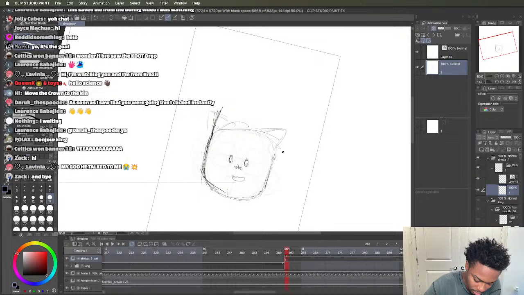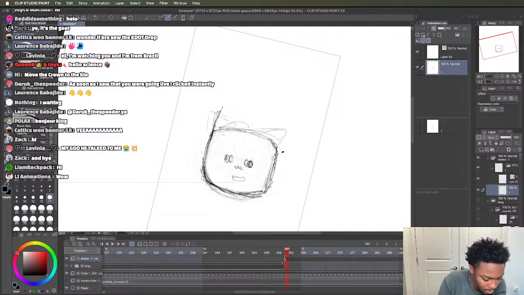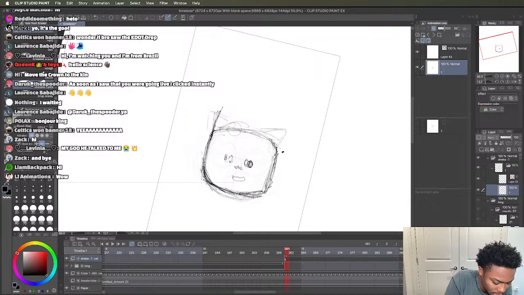So his head is a little bit more squared off lately. I've been drawing him a little bit more of a square head, so I'm trying to keep that same energy now. His eyes are kind of far apart, but not that far apart. Let me see. I don't want to ruin his whole look because I'm,